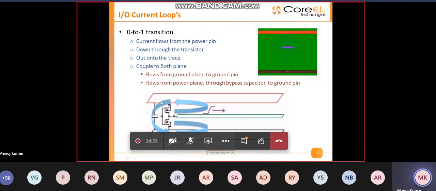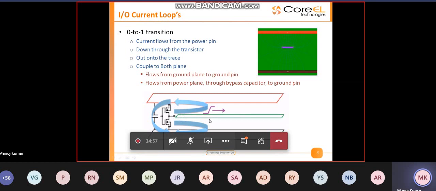Now when the transition happens from, let's say, 0 to 1, current is drawn from the power plane, which goes to the pull down or pull up structure of your output stages, and then it is fed out to a transmission line.